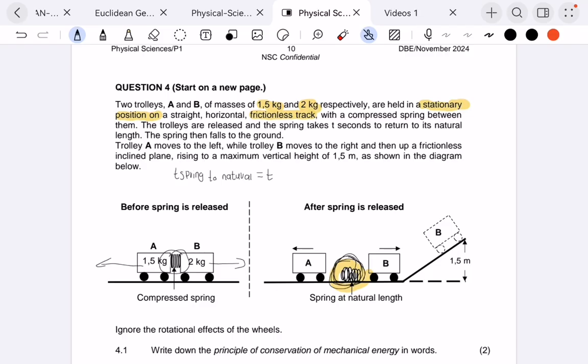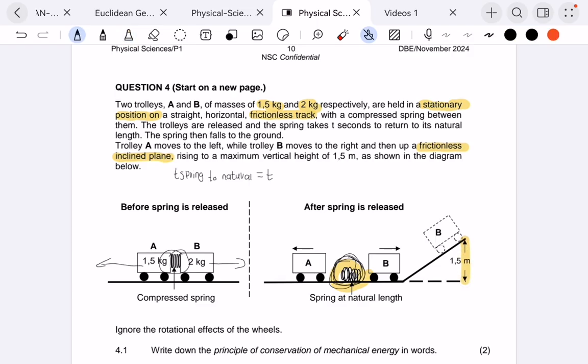Then the spring falls to the ground. We know that trolley A moved to the left, you can see that, and trolley B moved to the right and up a frictionless inclined plane. Another keyword: frictionless inclined plane. So the inclined plane does not have friction. I will show you in a moment why that is very important. It rises to a maximum vertical height of 1.5 meters, as shown in the diagram below. So given this height,